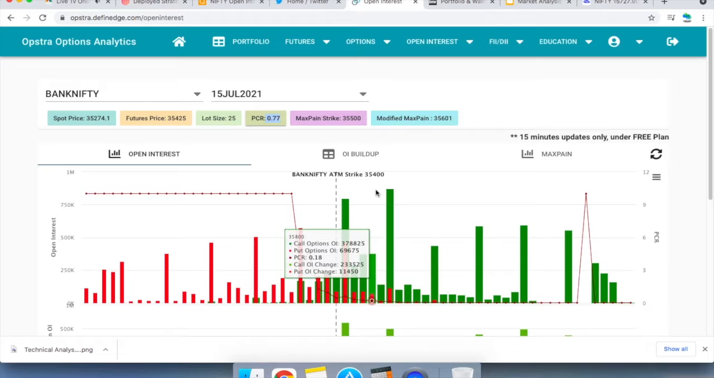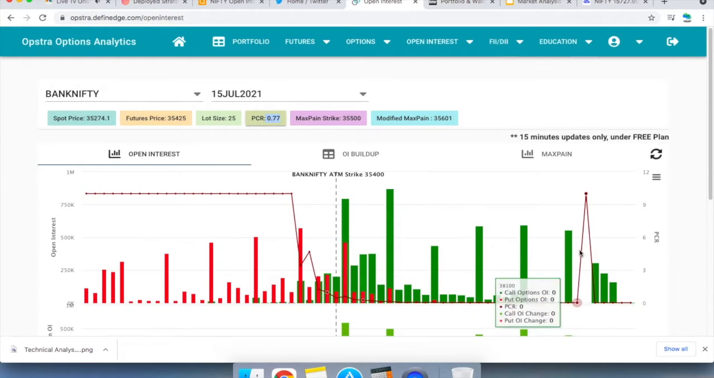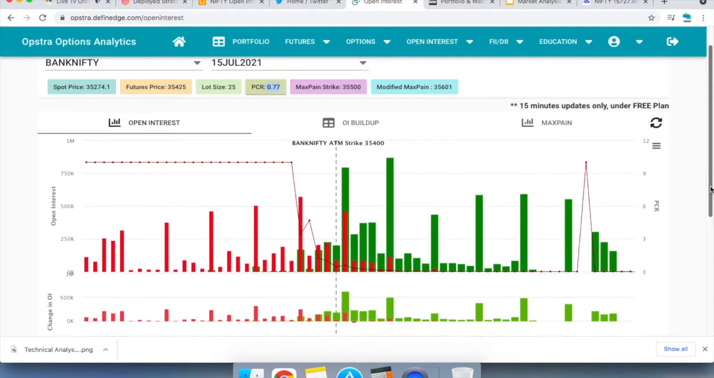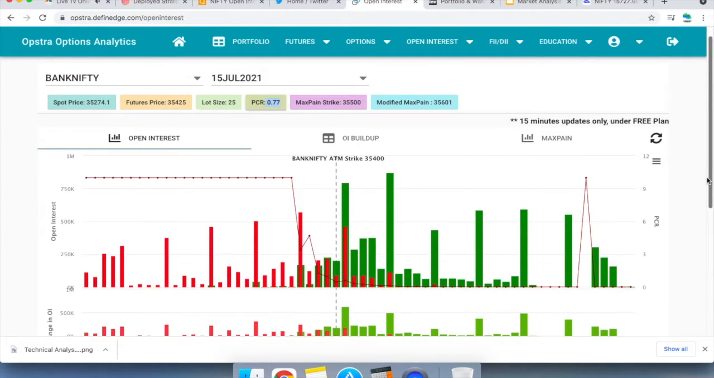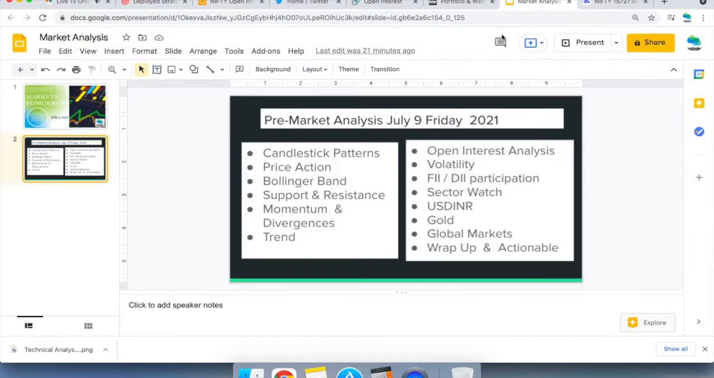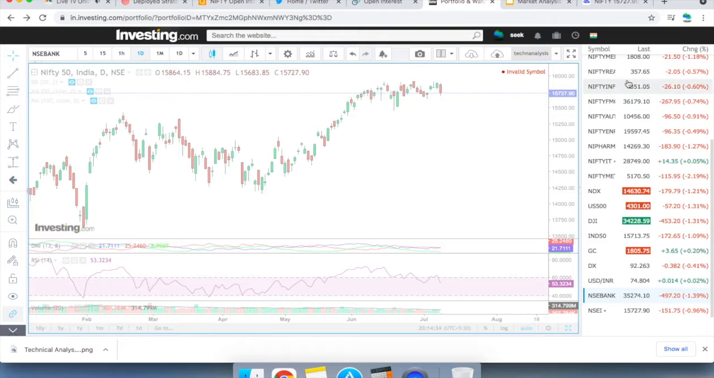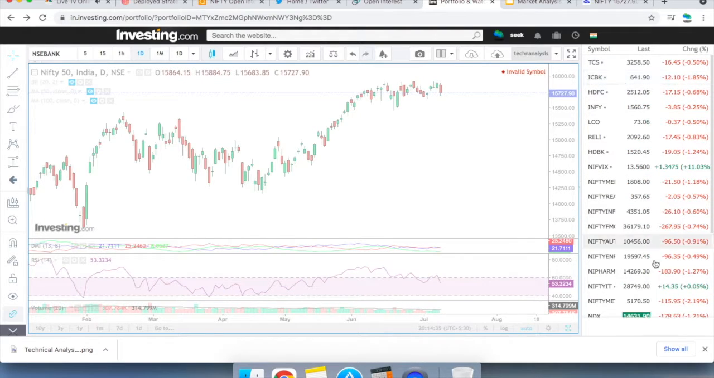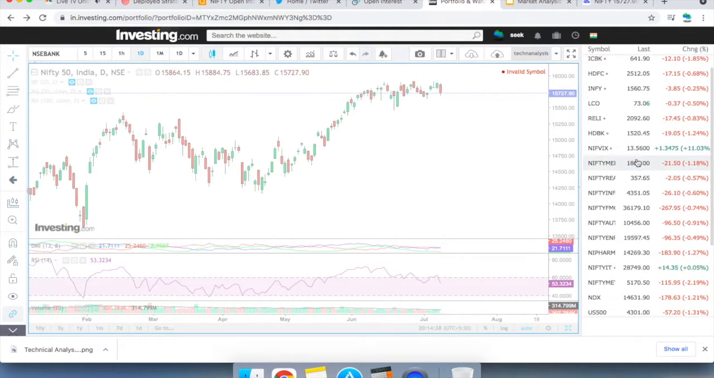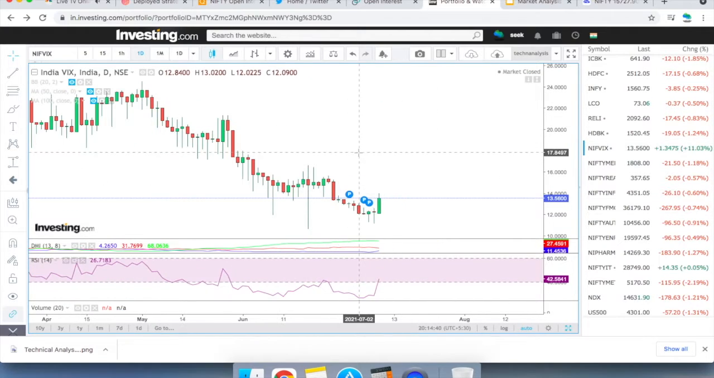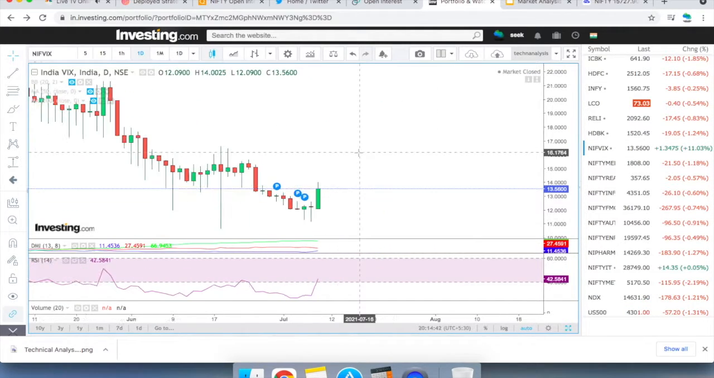But once again, the details of the open interest analysis will be clearer from tomorrow onwards, when the weekly expiry starts fresh, right? That's about open interest analysis, and volatility is something we see in the India VIX. If you see, today the India VIX shot up to 30, and closed at